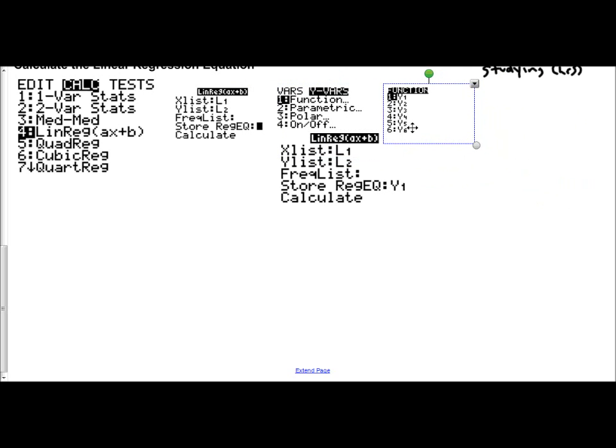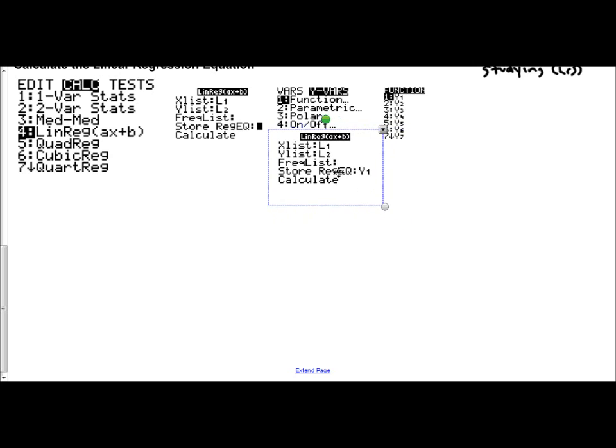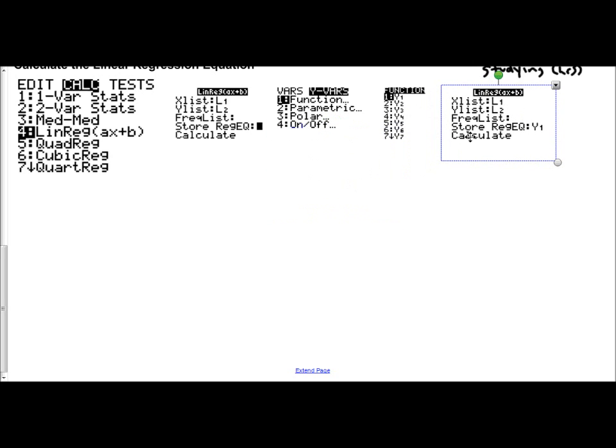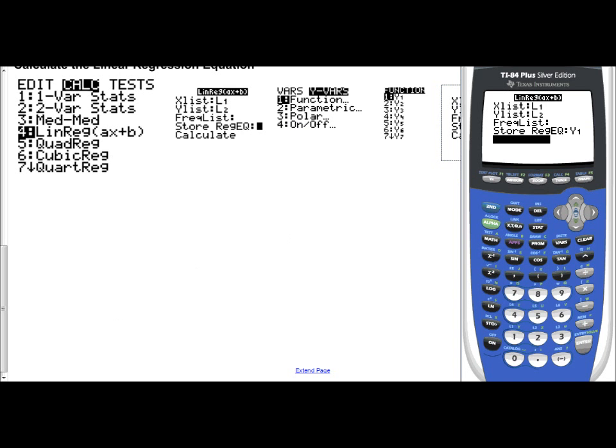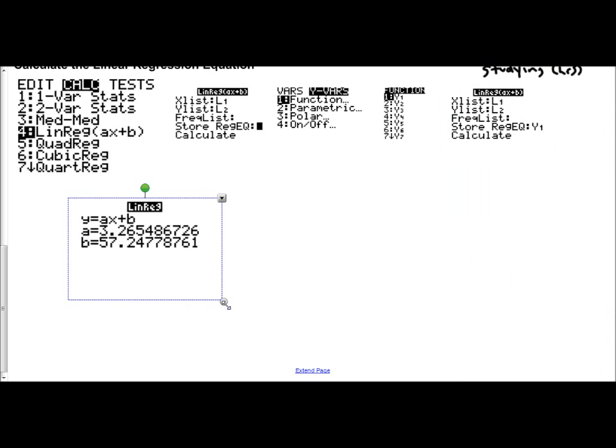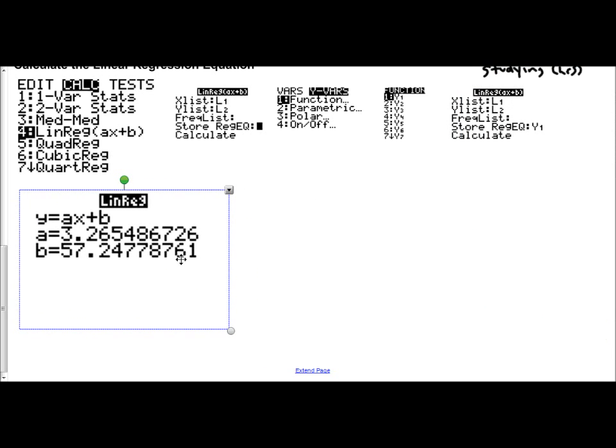So that is how we go about using the linear regression calculate feature. Put your X values in your L1, Y values in your L2, store the regression equation in your Y1, and then we're going to choose Calculate. And now we can see our linear regression equation. We see that it is y equals,